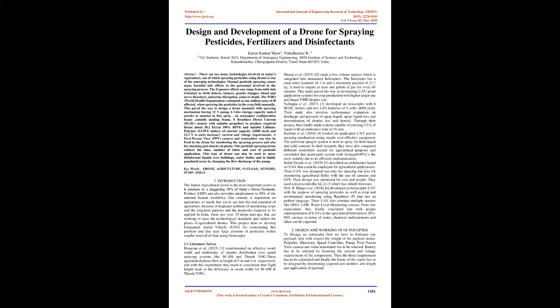Huang et al., 2015, [2] made a low-volume sprayer which is integrated into unmanned helicopters. The helicopter has a main rotor diameter of 3m and a maximum payload of 22.7 kilograms. It required at least 1 gallon of gas for every 45 minutes. This study paved the way in developing UAV aerial application systems for crop production with higher target rate and larger